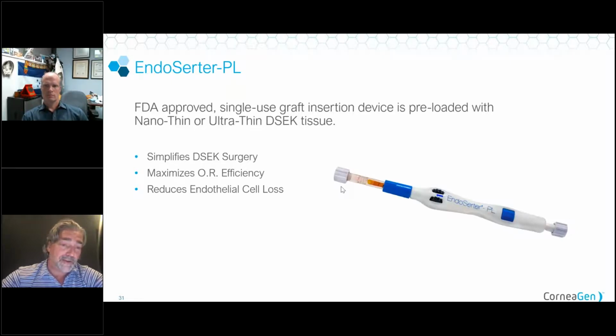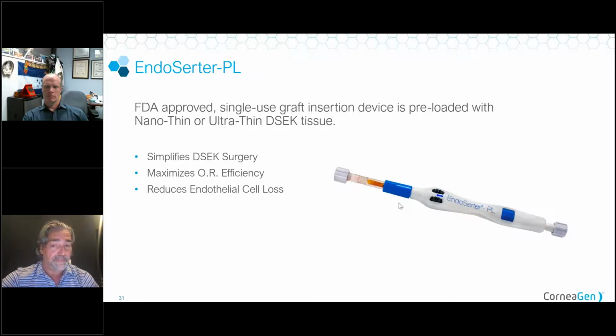You'll have a little container just in case it might want to come out. It tends not to unless you really blast it with a lot of fluid. But what you're doing is just rinsing the Optisol out of the chamber and off of the endothelium, and letting that drip into a collection chamber. Once that's done, this blue part right here, which you might recognize as new, you can untwist and it pops off. And now you have the basic Endoserter, for all intents and purposes, that you guys have used in the past,